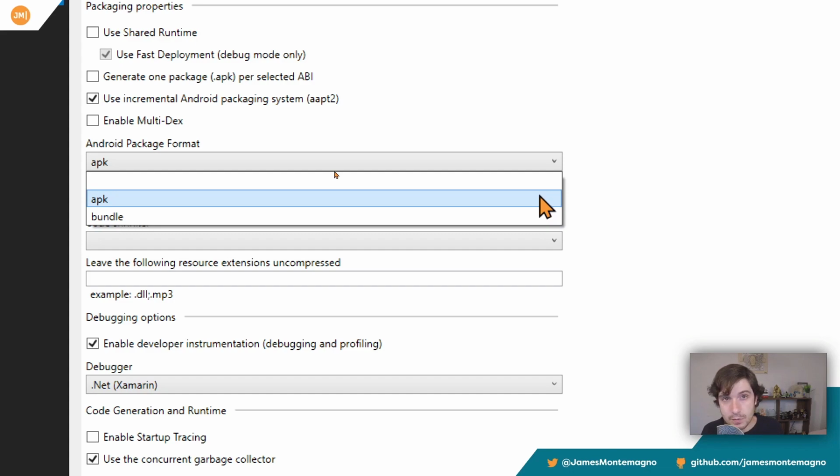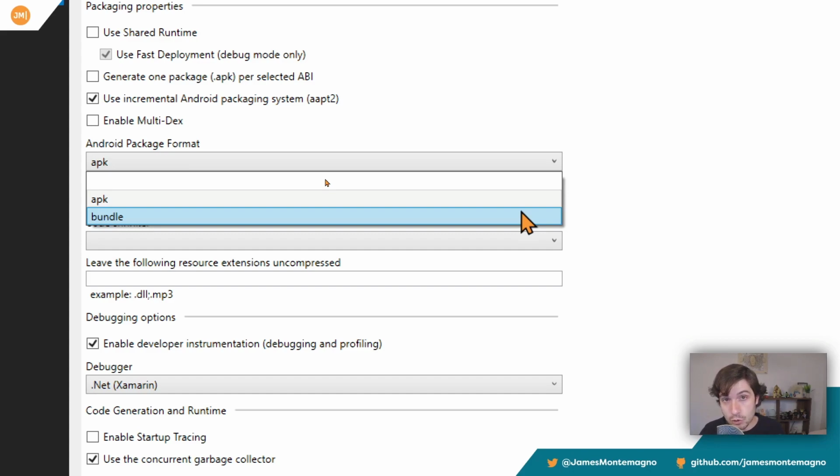Now down here, Android package, you can select APK or bundle, Android app bundles. If you're using a service like Visual Studio App Center or Azure DevOps or another CI service, most of them provide support to give you both APK and App Bundle. You can keep it simple at APK. However, I highly recommend toggling on and using Android app bundles and letting Google Play sign your application. This is going to drastically reduce your Android application size, nearly up to 50%.